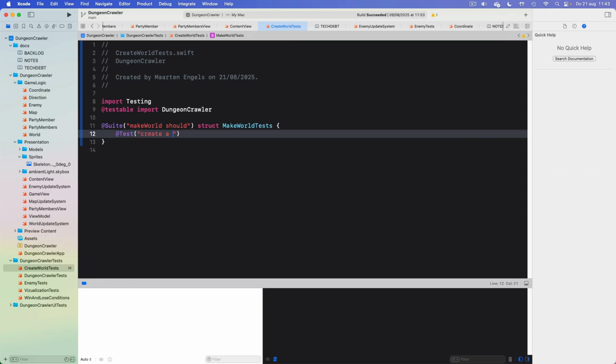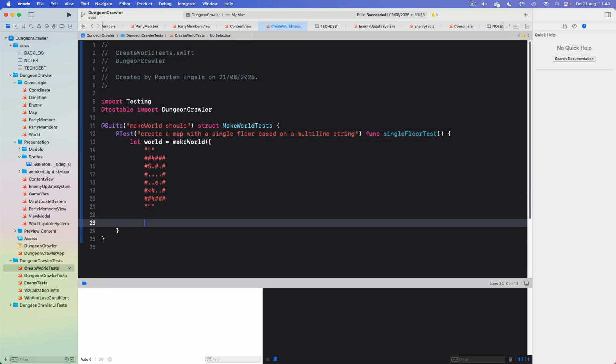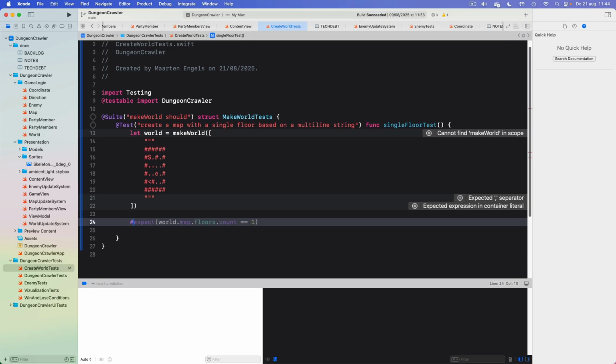To create a map with a single floor based on a multi-line string. And then let's see if we can assert a couple of things. So we should expect that the world